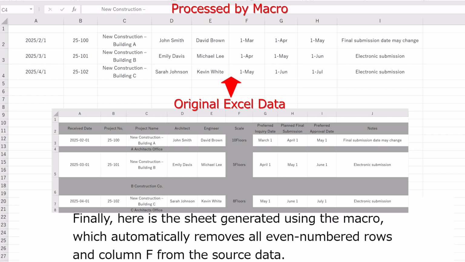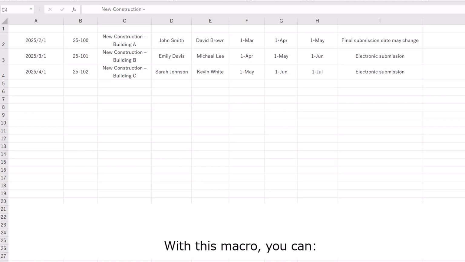Finally, here is the sheet generated using the macro, which automatically removes all even numbered rows and column F from the source data. With this macro, you can skip unwanted rows and columns, reduce manual copy-paste errors, save time with repetitive tasks,